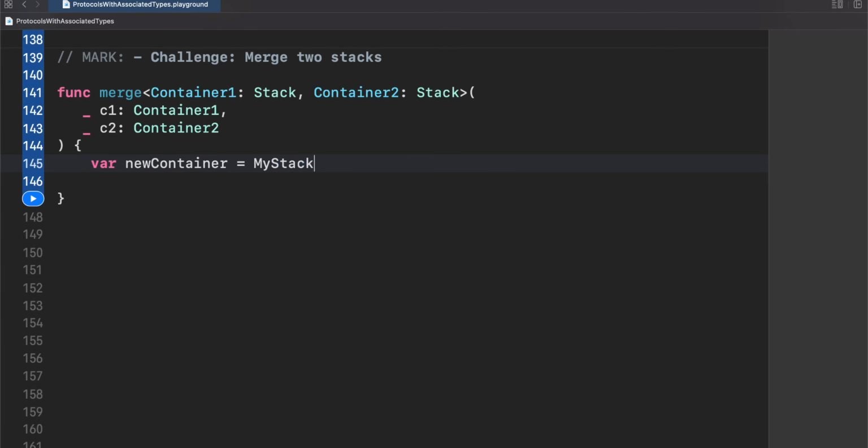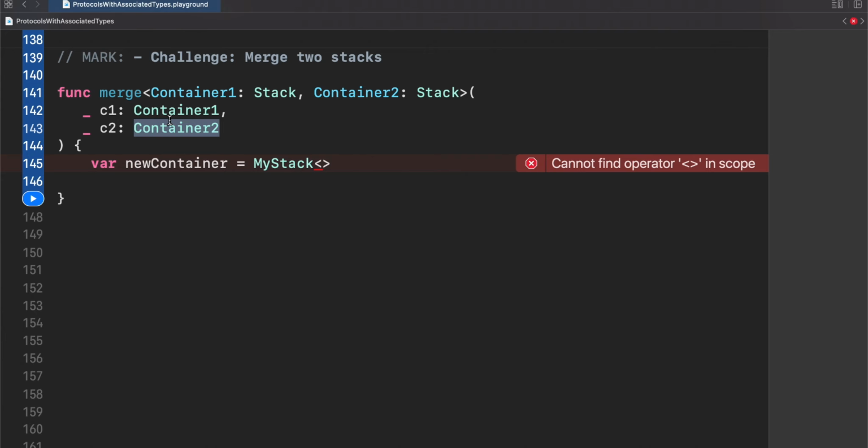So what I have to do is just figure out what the type of this myStack is. And this is actually a question. What should this type be? Well, we have container 1 and container 2, but is it possible to merge both of them? It is, but only if container 1 and container 2 contain elements of the same type. So here, if you catch that, we require another where clause to restrict that both containers should have the